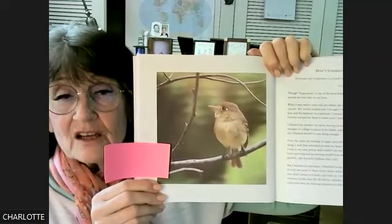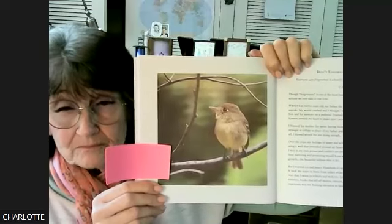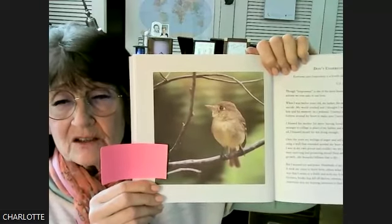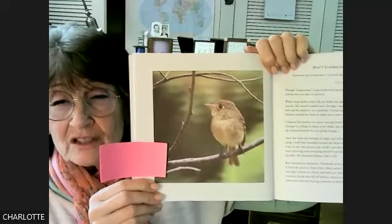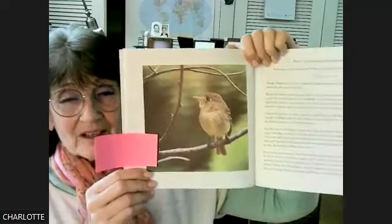And so I felt very lucky. I did use the zoom lens to get him, even though it was through the window, because I needed to get close to him. And if I'd actually gotten this close to him, he would have been gone. So that's an interesting backyard bird. I also wanted to share with you